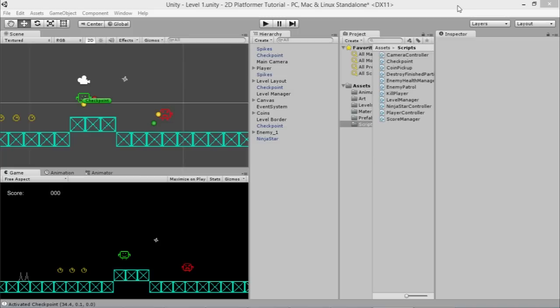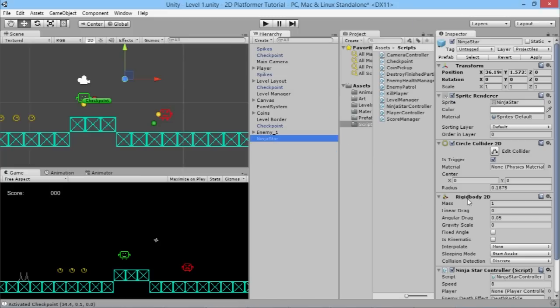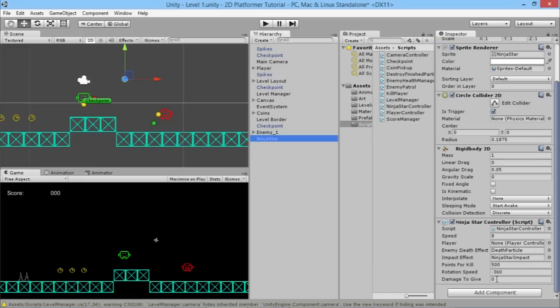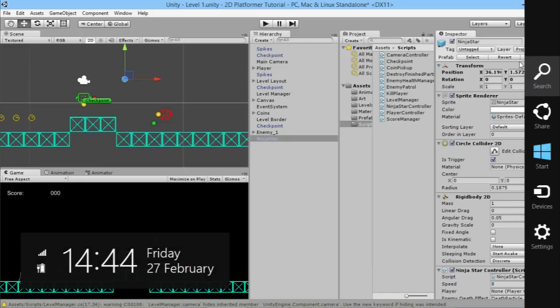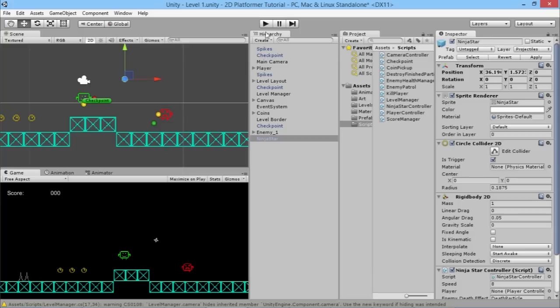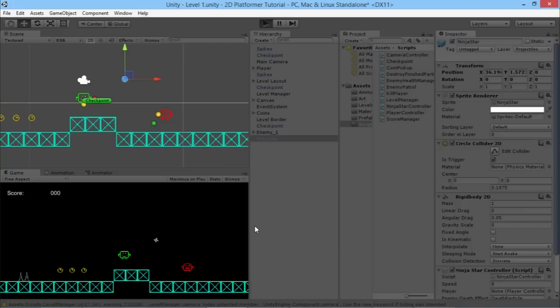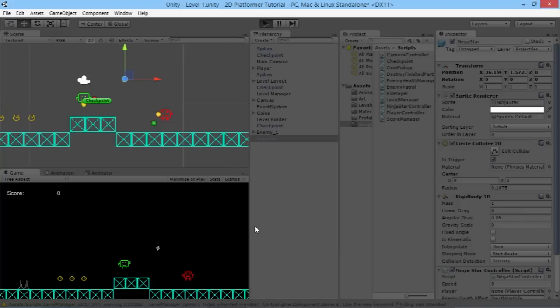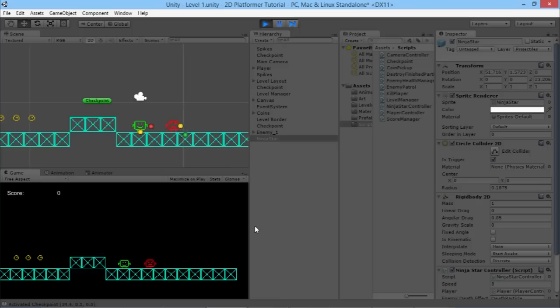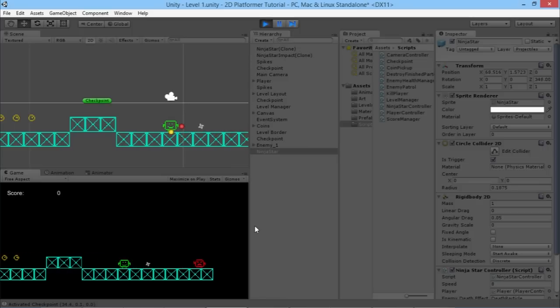So now if we pop back into the game, go to our Ninja Star here, once it's finished compiling down in the corner there, we'll scroll this down, here we go, damage to give, we'll just set that to 1, hit apply, and now when we play the game, he should take 3 hits before he dies. So he's walking there, 2, oh well,